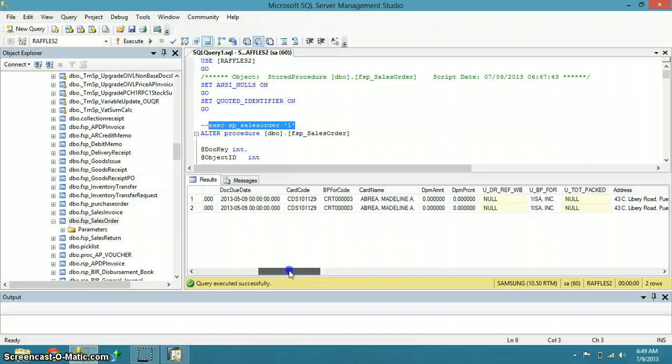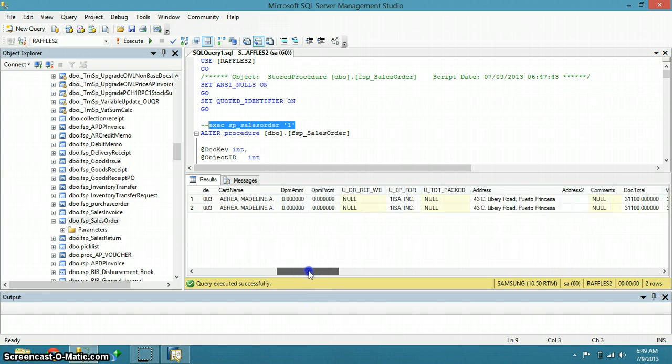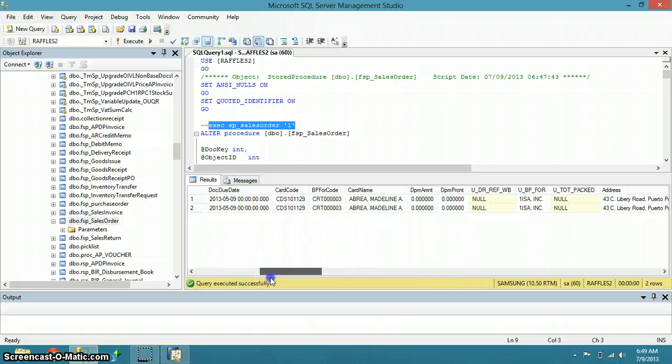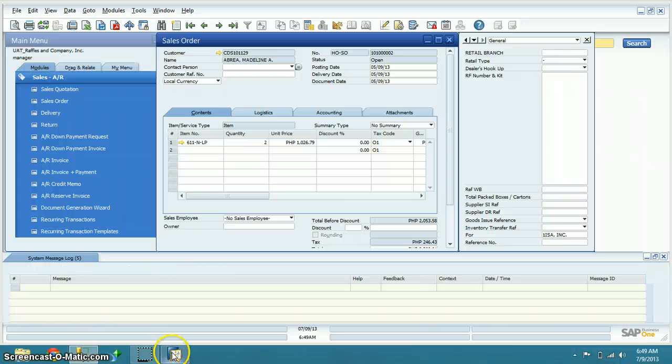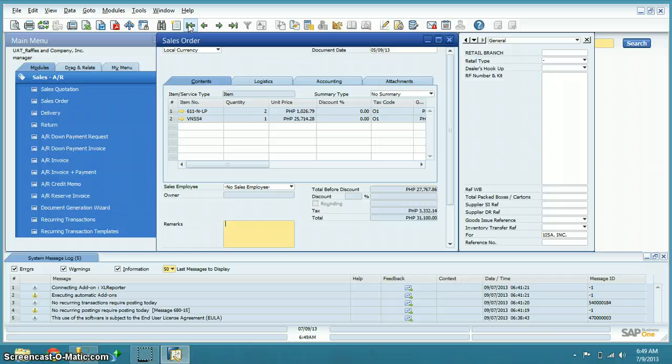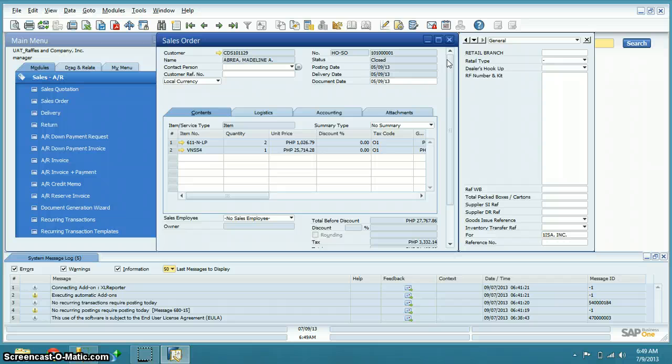See, all of the transactions are for Abria Madeline. So as we can see, it produces 2 transactions, and in the SAP, doc entry number 1 is the first transaction, which includes 2 item orders for Miss Madeline. So these are the 2 item numbers.